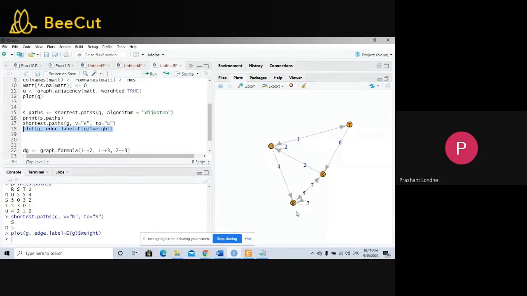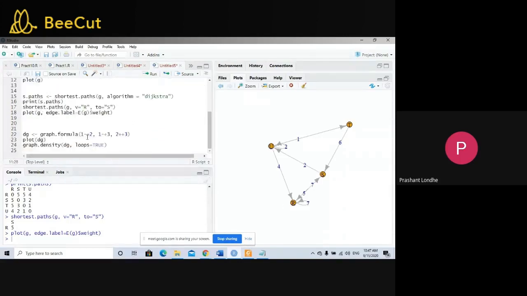Okay, now just see here, whenever you're reaching from R to S, there will be a 5 value over there. If you want to reach from R to T, okay, the negative edge, if there is something between T and S, then that is also considered, and if there is an edge between R and S, that is also considered. We are not considering any direction over here. Just make sure that though it is plotted, because we have said weighted and label is equal to weight, therefore it is showing the direction, but it is not like that. You can skip the directions and you can work without those directions.